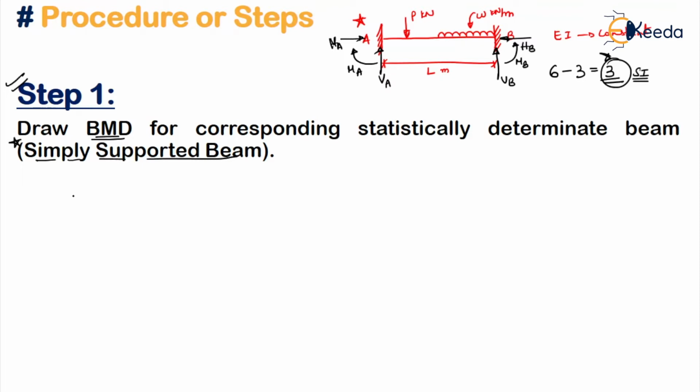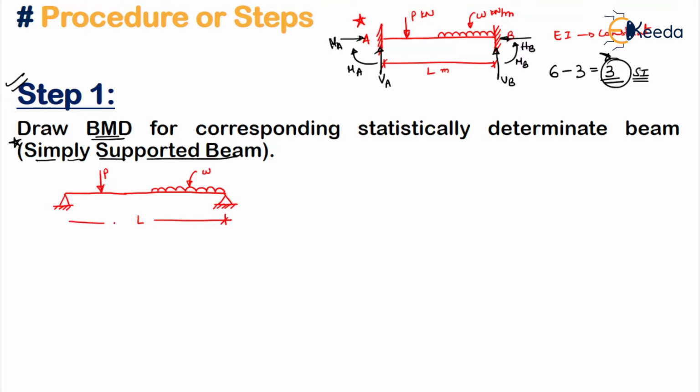Okay, so what we will do is we'll convert this beam into a statically determinate beam. How will you do that? Just take this beam, and instead of giving fixed support here, give a hinge over here, give a hinge over here, or give it as a simple support. No worries. Now this became statically determinate. Why? Same loading, same everything. I've just changed the support condition from fixed to hinge to make it a statically determinate beam.